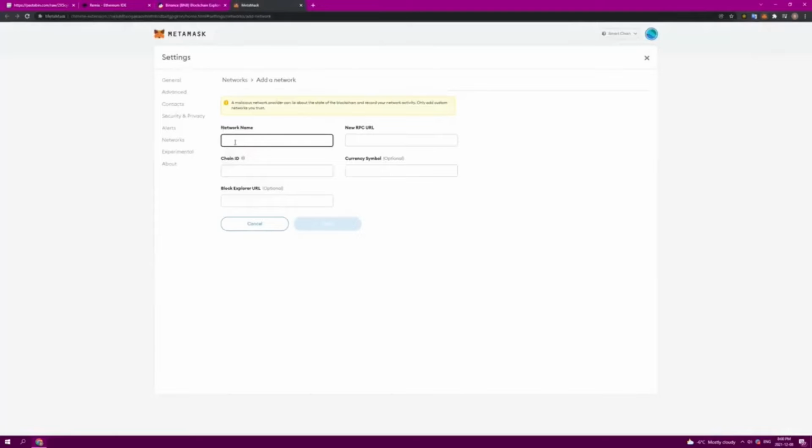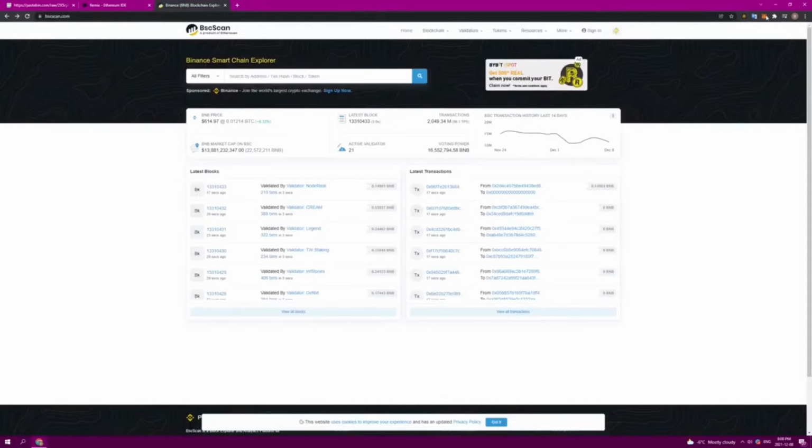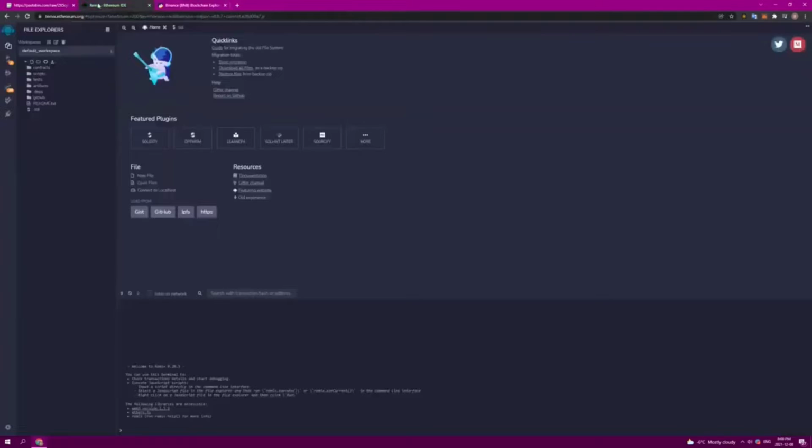The way we can add that is by going here at Network, and in the description below there is a link to Binance Academy that will also show you how to do this. But here we enter the Binance Smart Chain RPC URL, and we also enter the chain ID for the Binance Smart Chain, which is 56, I believe. So the next step is, once we have that, we need to go to our internet browser